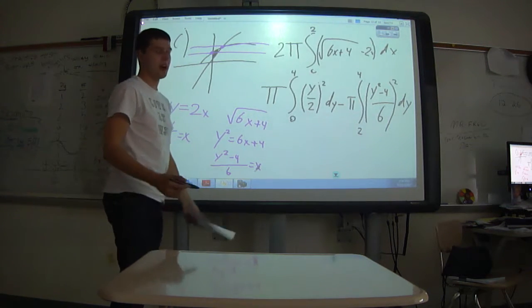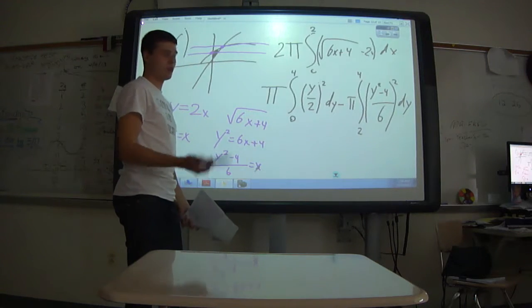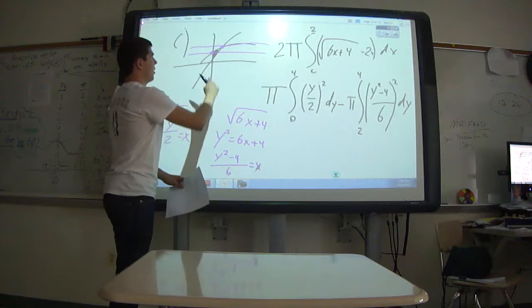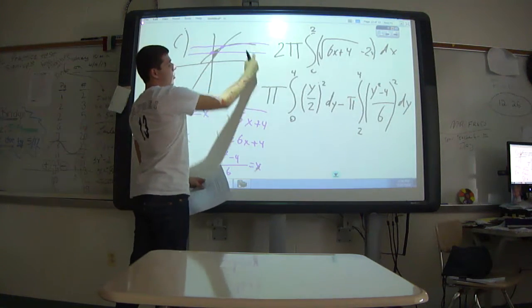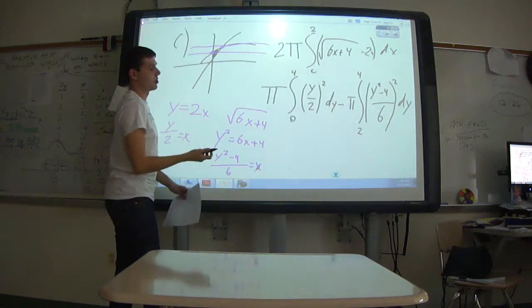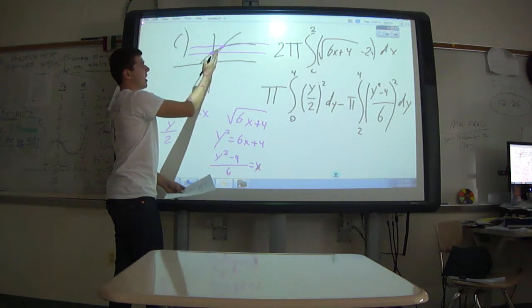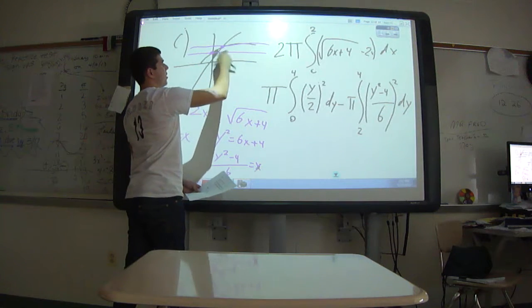So once again we use our pi r squared idea for revolving, so we put the pi out in the front. Our r is going to be the square root of 6x plus 4, or in terms of y, y squared minus 4 over 6, and we subtract that revolution